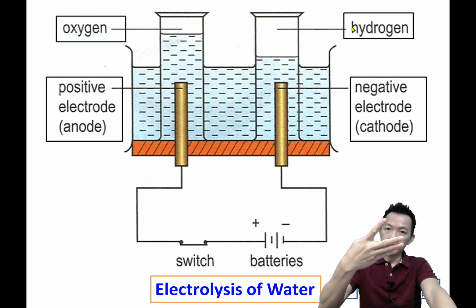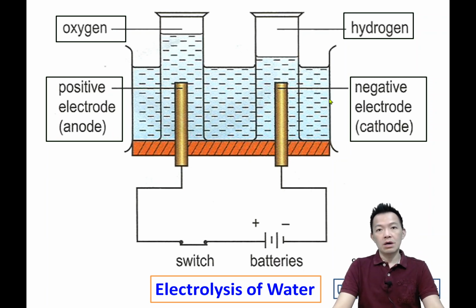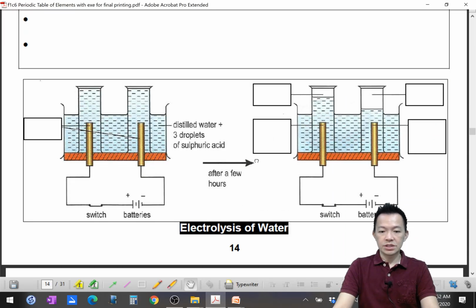Okay, so sugar can be separated into black carbon and water, and water can be separated into hydrogen and oxygen. So this is what we call chemical method. So now under your notes, the last page,